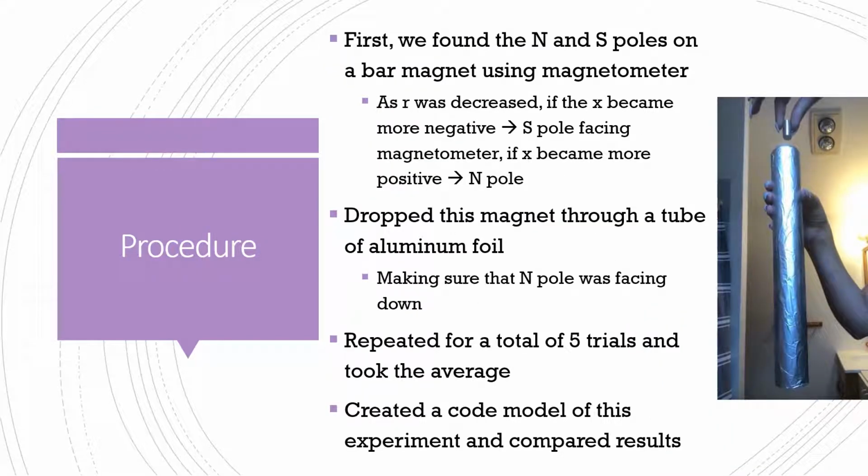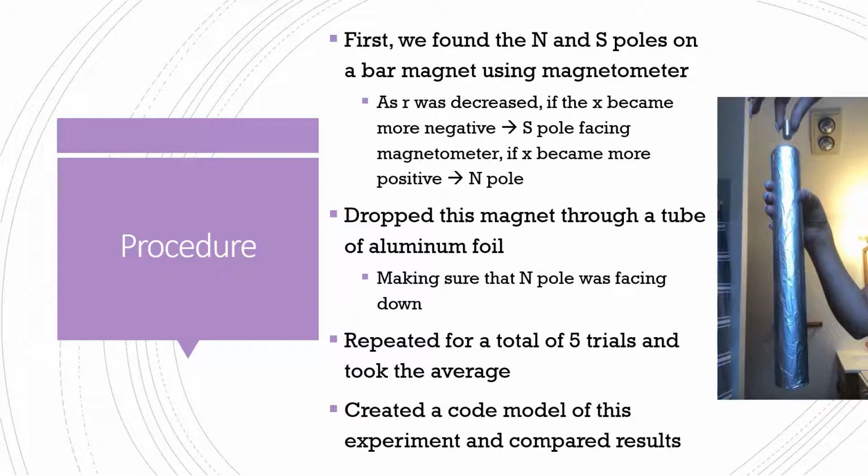The first step of this lab was to find the north and south poles on a bar magnet using a magnetometer app on a smartphone. This was done by moving the magnet closer and farther from the magnetometer. As R decreased, if the X value of the magnetometer became more negative, we knew the south pole was facing the phone. If the X became more positive, we knew the north pole was facing the phone and this side